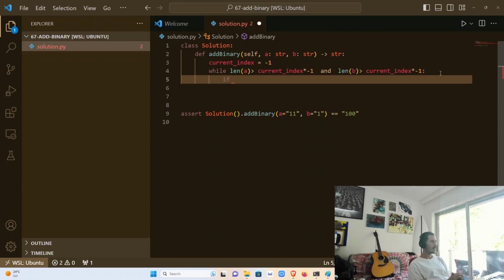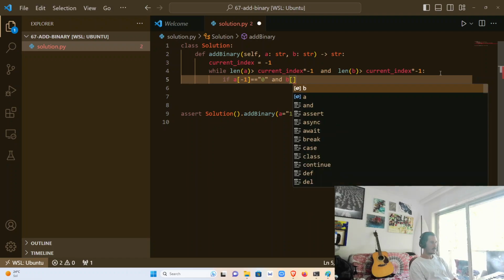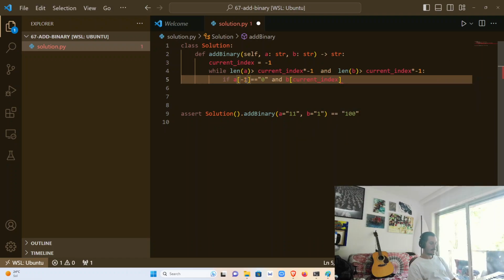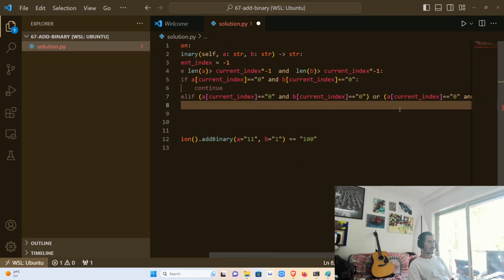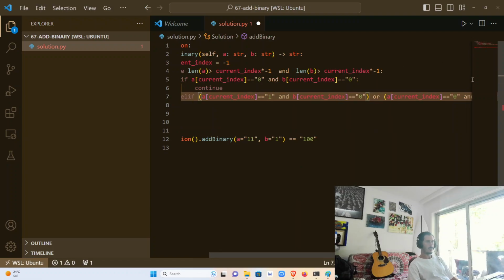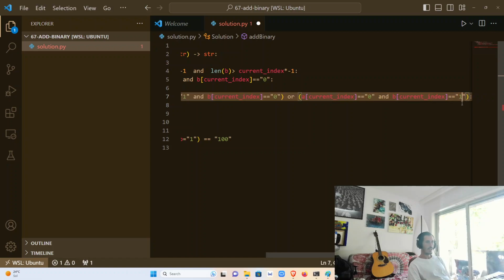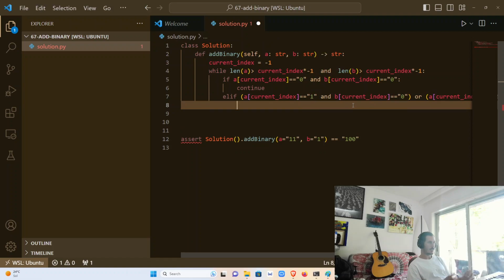So okay, I'll just do it the hard way. If A at -1 equals 0 and B at current index equals 0, continue, we don't do anything. Else if, so if this is 1 and the other is 0, and if this is 0 and the other is 1, or, so if we do that, then